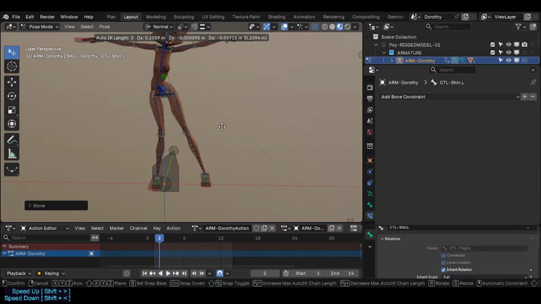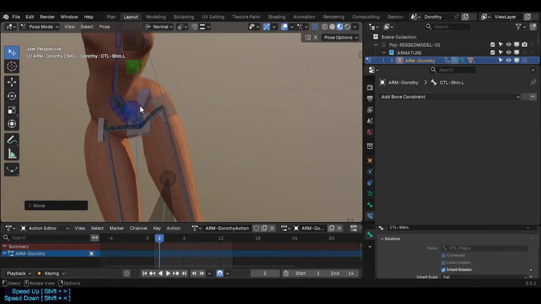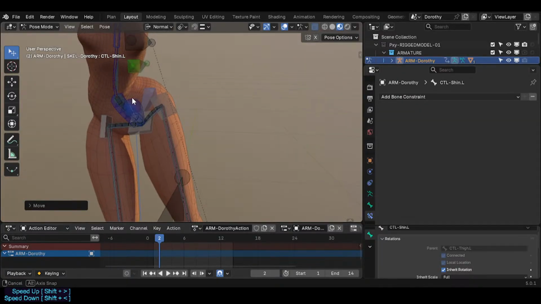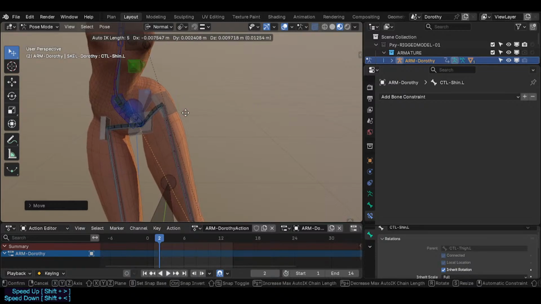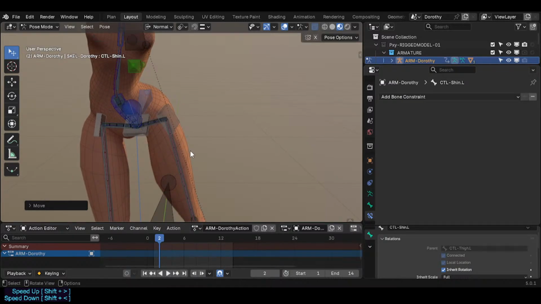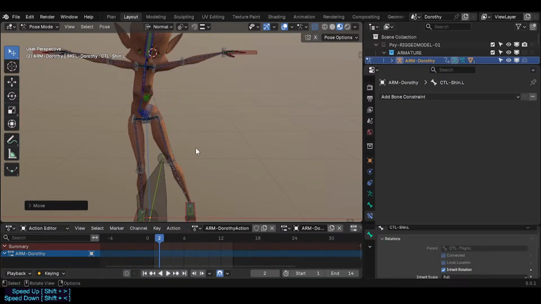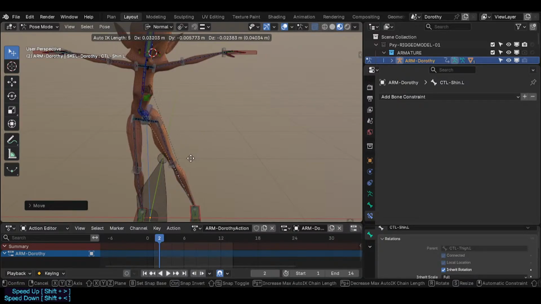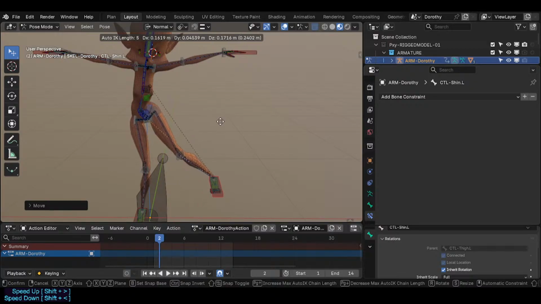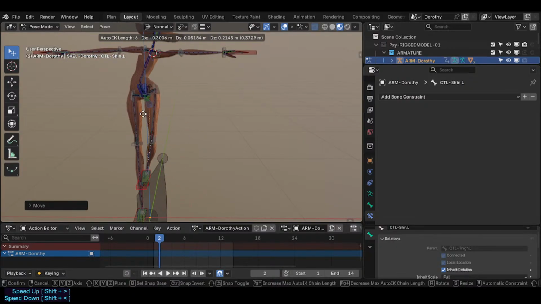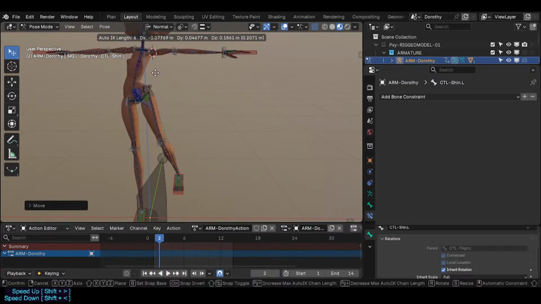Like here I have this pelvis. Now I've grabbed, no, not the right bone. Let's go. At some point I will reach the connector bone, which is this one. When it touches the auto IK length, when it touches that bone, which is the last one in the IK chain, in the auto IK chain, right? Then it will grab the whole body there, the upper body, and it will do FK on the body,